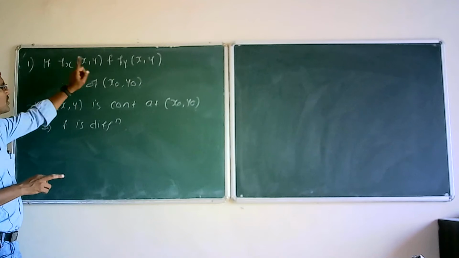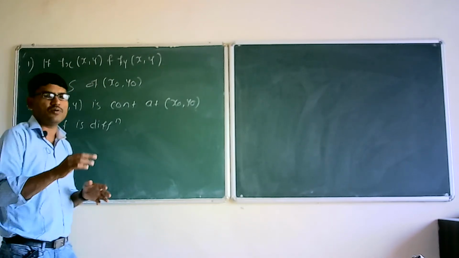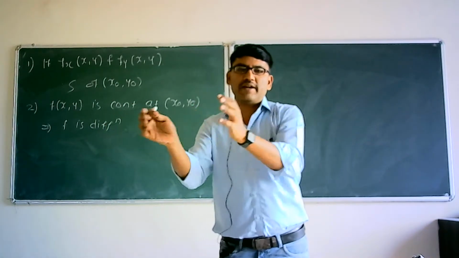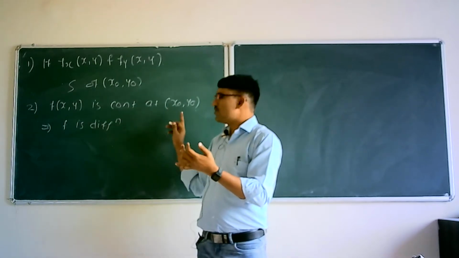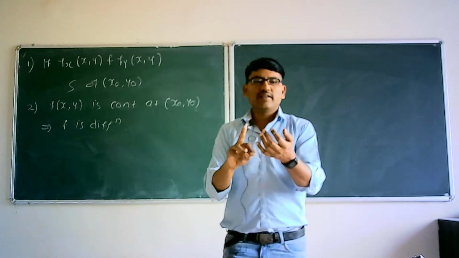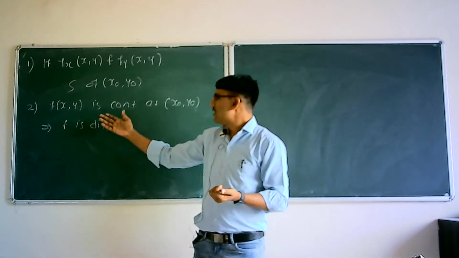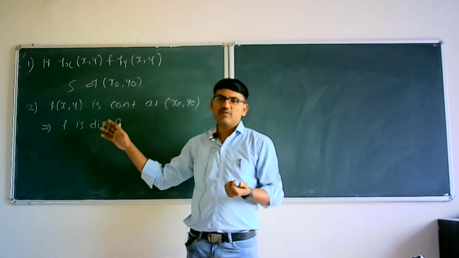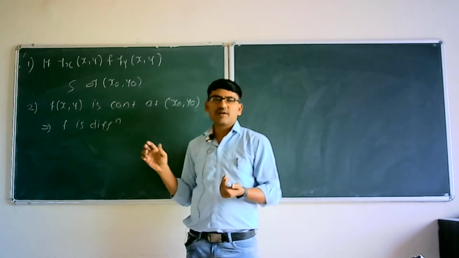If one of the first partial derivatives, that is f of x or f of y, does not exist at point x0, y0, then you can directly say that the given function is not differentiable at x0, y0. Okay, second one is what? If f of xy is not continuous at x0, y0, then again you can say that the given function is not differentiable at x0, y0. Again, how to check continuity is very simple. Find the simultaneous limit, and if it is the same as f of x0, y0, then you can say that the function f is continuous.